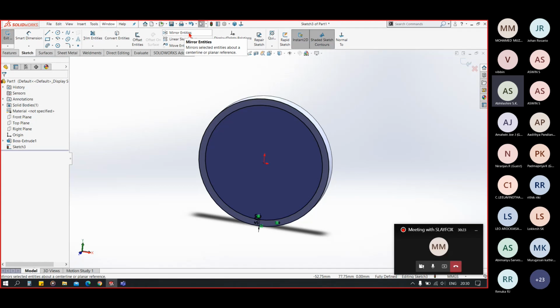Similarly, for the circular pattern, we have circular radial direction in which we can have our sketch patterned. In the below option, we have move entities. We can move with the help of any moving point. We can copy that. We have rotate. We have scale entities. We have stretch entities. Now let's see the mirror and types of patterns.